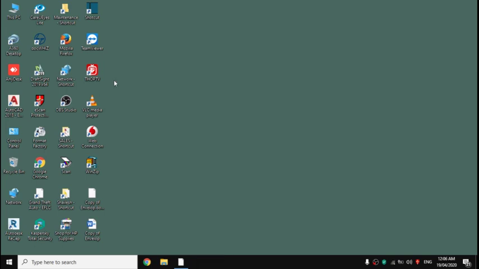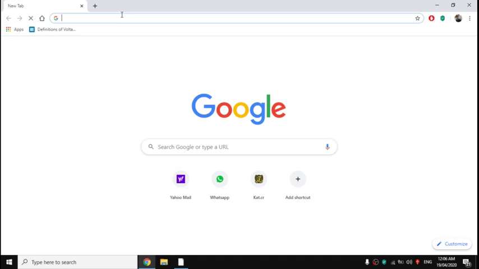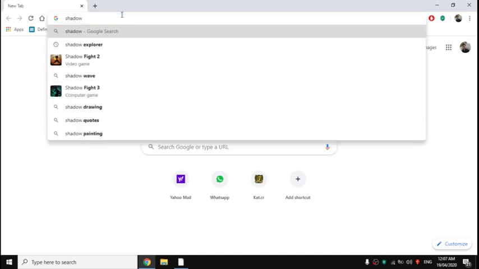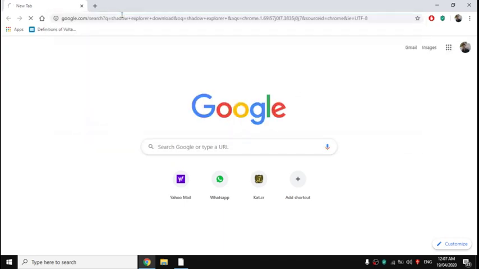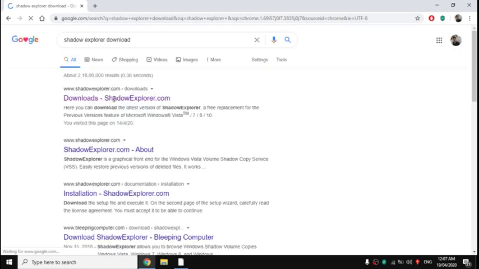So after your system getting restored to a point, which is prior to your system getting affected by Mado ransomware, we need to again install an app called Shadow Explorer. So you have to get into your browser and type Shadow Explorer. You can see the very first link over here.